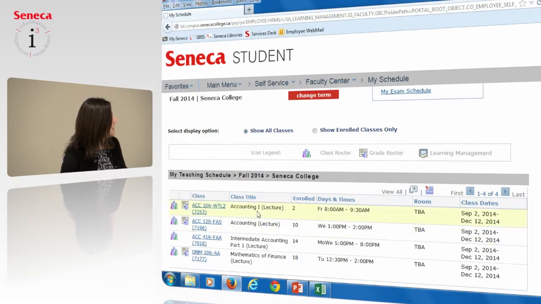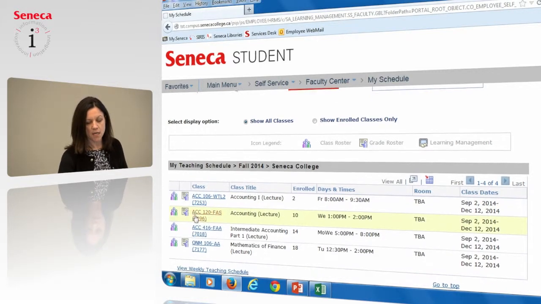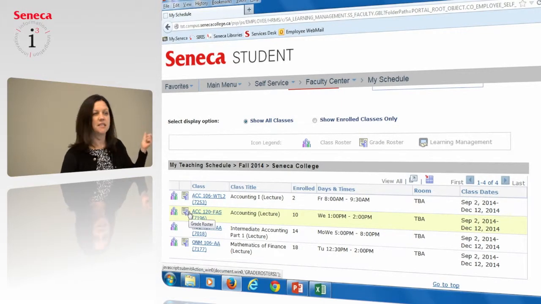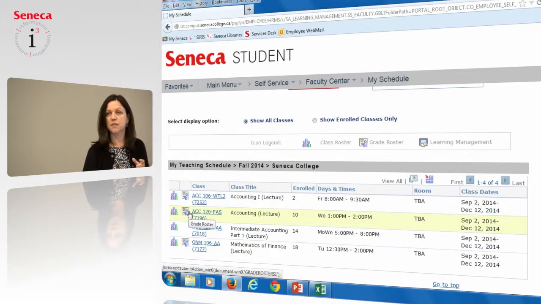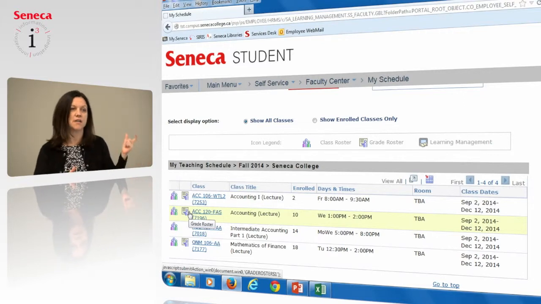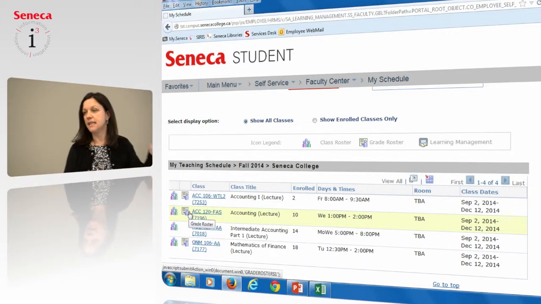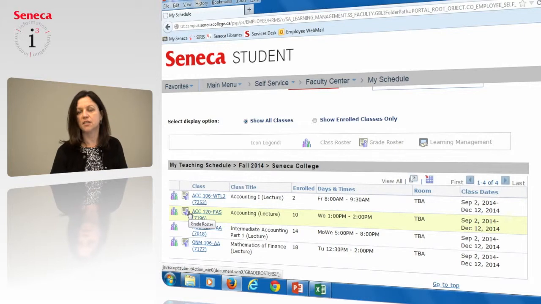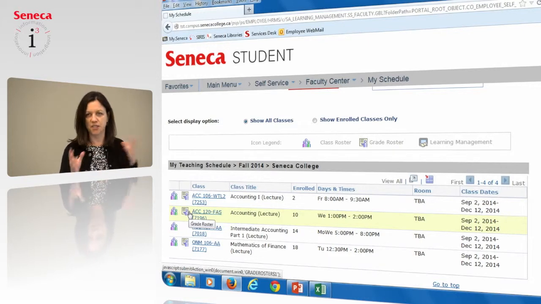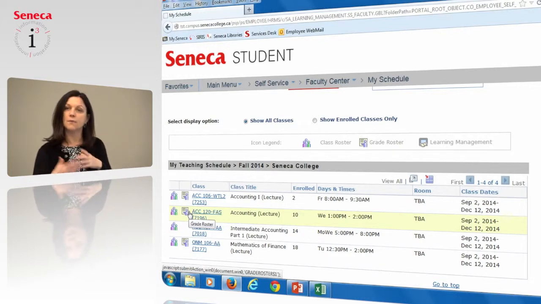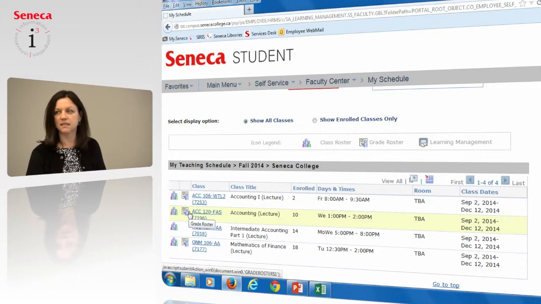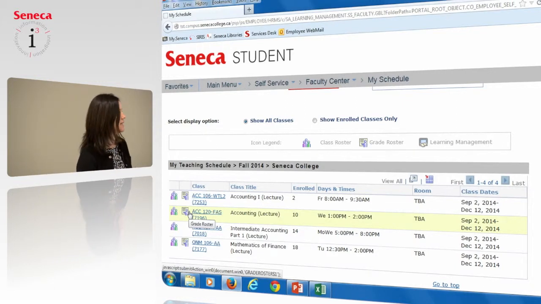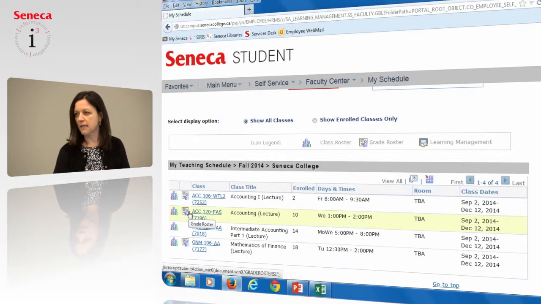The other option I can access from this page is my grade roster page. The information we've got set up for the demonstration includes previously graded grade rosters from the fall semester and newly created grade rosters for the winter 2015 semester, just so I can show you both what it looks like accessing a previously graded class and how to grade a class